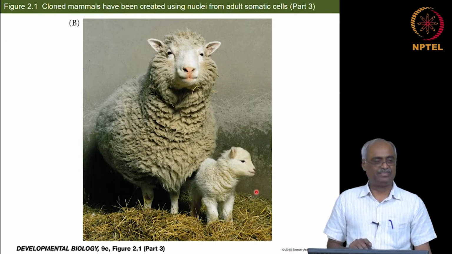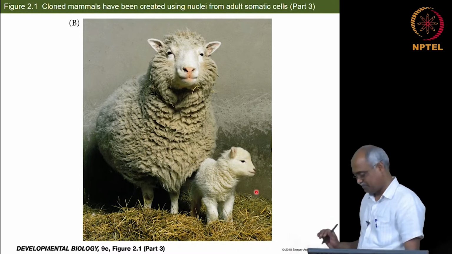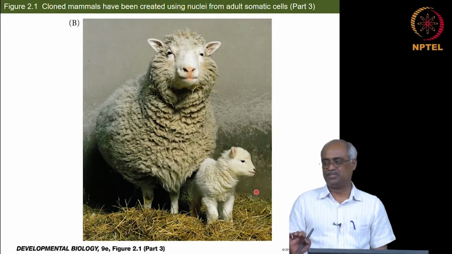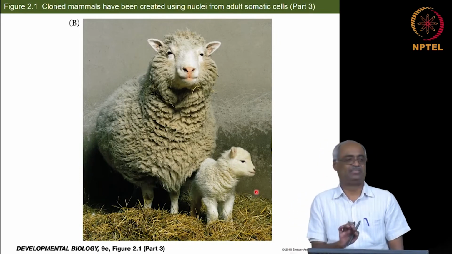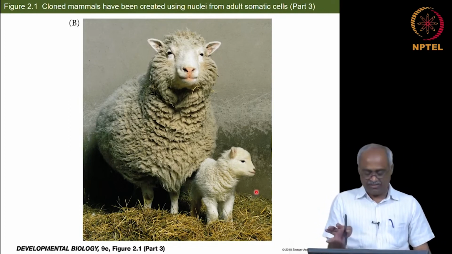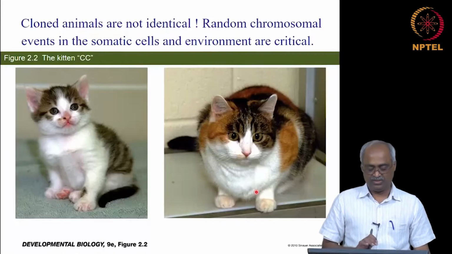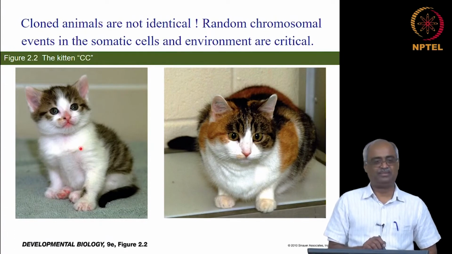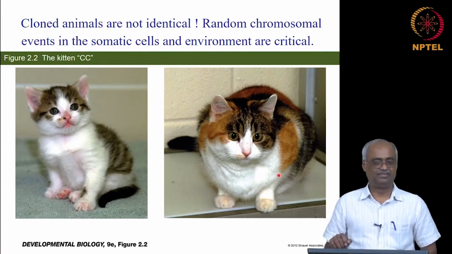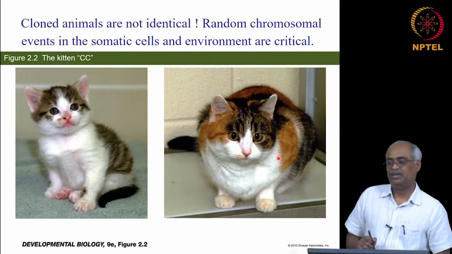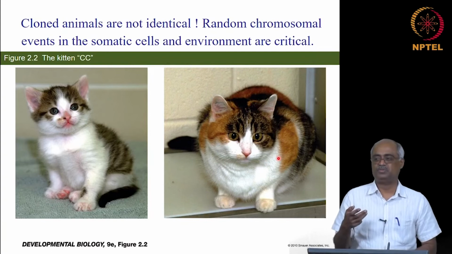Okay. But this is not to say that DNA alone is responsible for development. So, there are variations to this largely true concept. Those variations are subtle, but still important. One of them is illustrated here. This kitten is a somatic clone of this cat, and in these cats the coat color has random variations, and that is because of random inactivation of one of the X chromosomes.